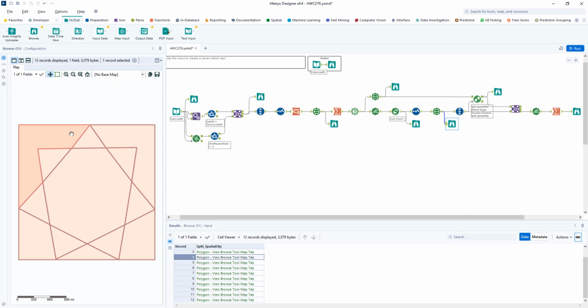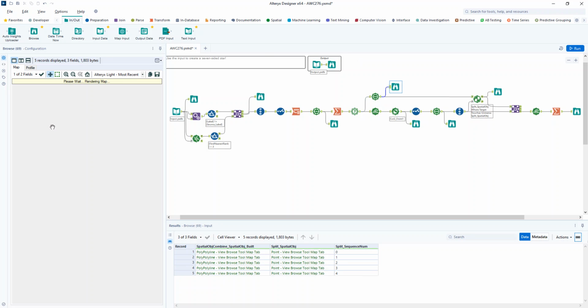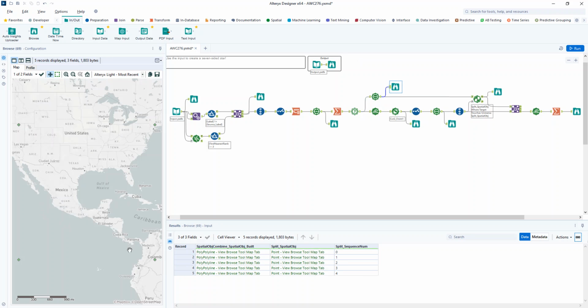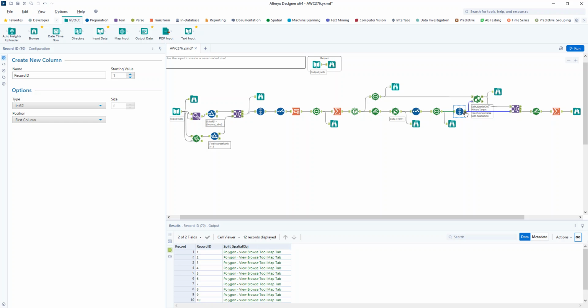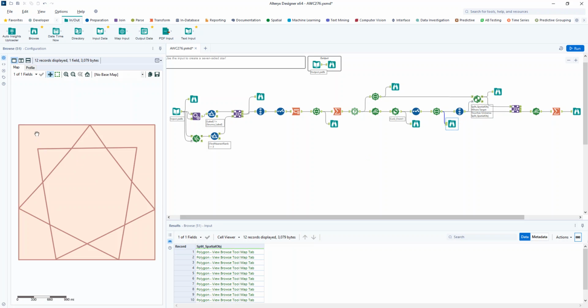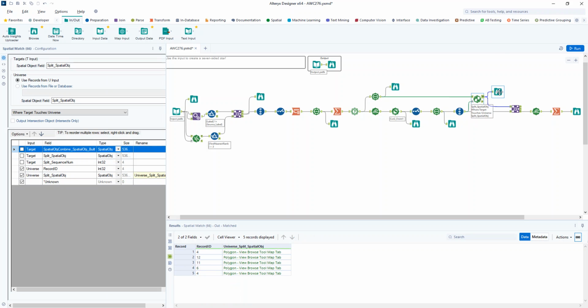Now these are separate clickable regions, each of those points, and I just want to remove these 4 corners. So how do I do that? Well, I come back to where I started with my bounding rectangle, and I split that into points, so that now I have these 4 points at the corners of my rectangle. I'm going to put a record ID on this so that I have a unique way to identify my regions in that star polygon. So this region here, for example, is now region 1, or probably region 4 actually, as it's on the 4th line. And I did a spatial match,